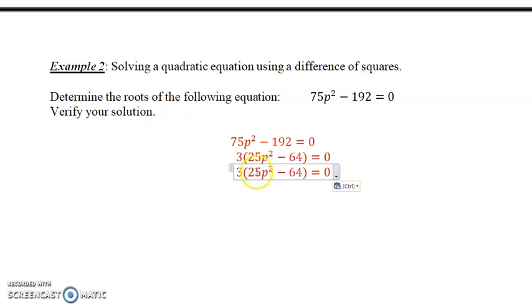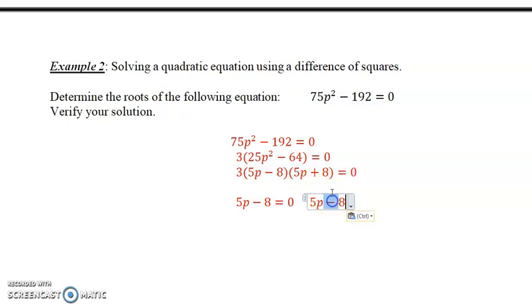Okay. So then I end up with 5p. Take the square root of 25p squared, you're left with 5p. Take the square root of 64, you're left with 8. And then you had to do the same terms, only with a plus, right? And you end up with, now the 3 is not going to make a difference here. We can divide the 3 out, it's gone. So you're left with 5p minus 8 is equal to 0, and you're left with 5p plus 8